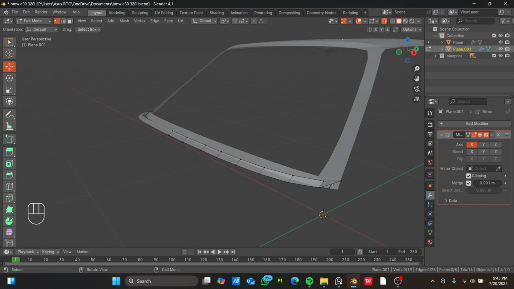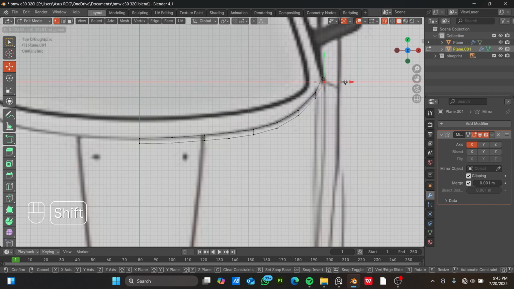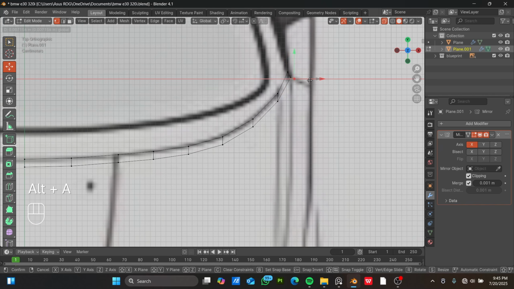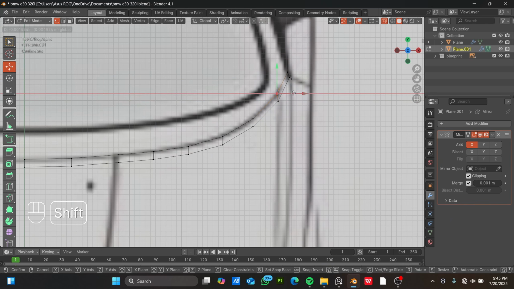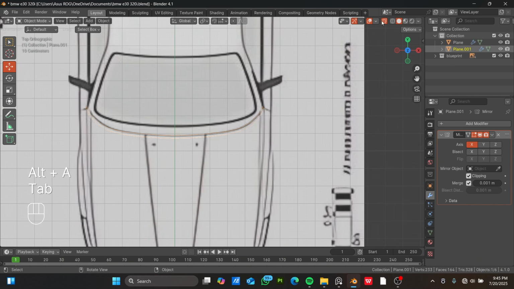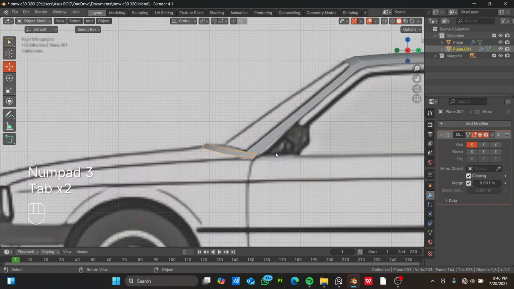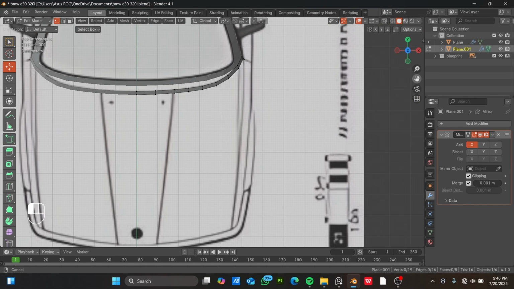Now I think we have to correct all of this in the top view, then just bring this to this side, and then this one bring it to this point. Let's move this one back, and then try to match this one up also. Yeah, I think that is okay. Let me make this